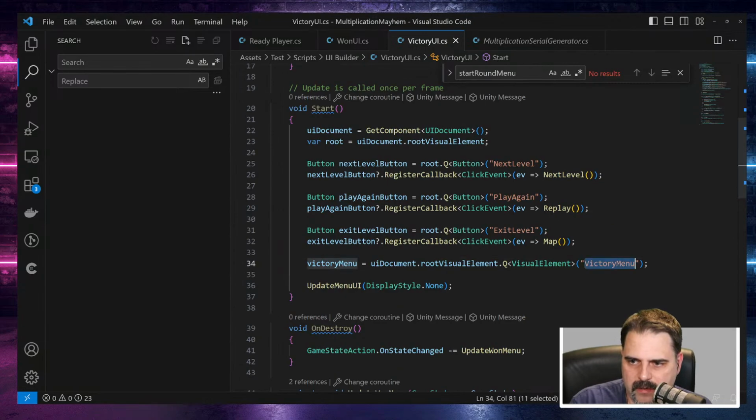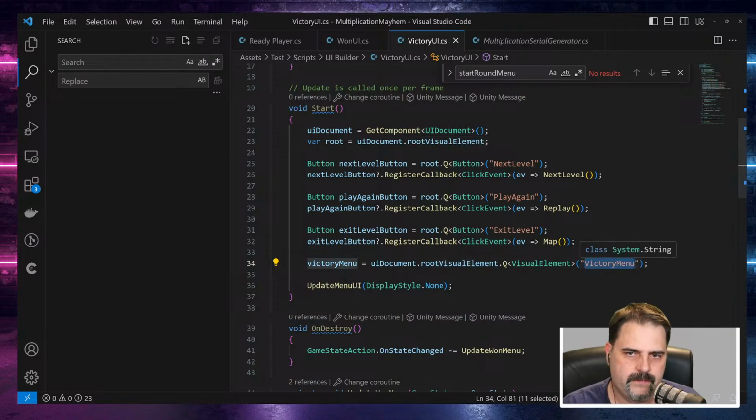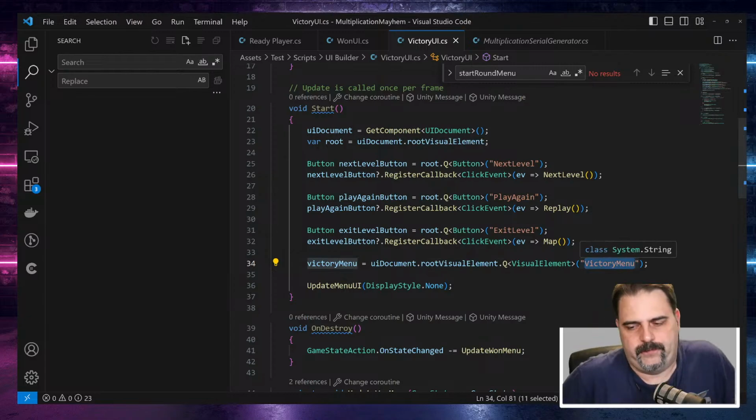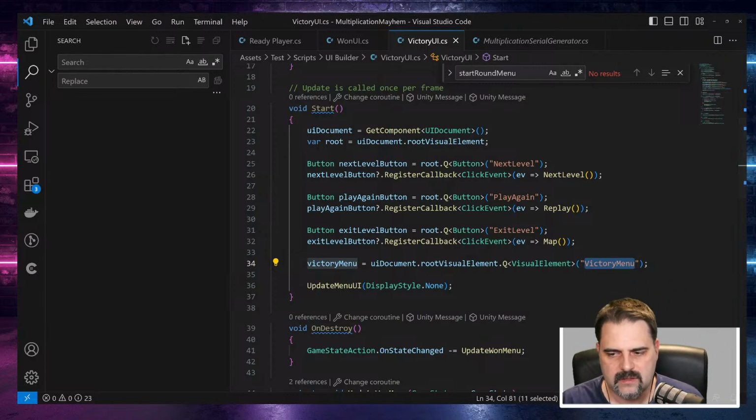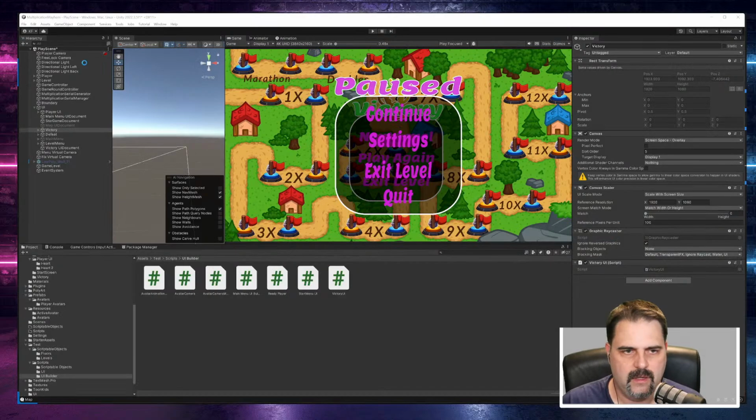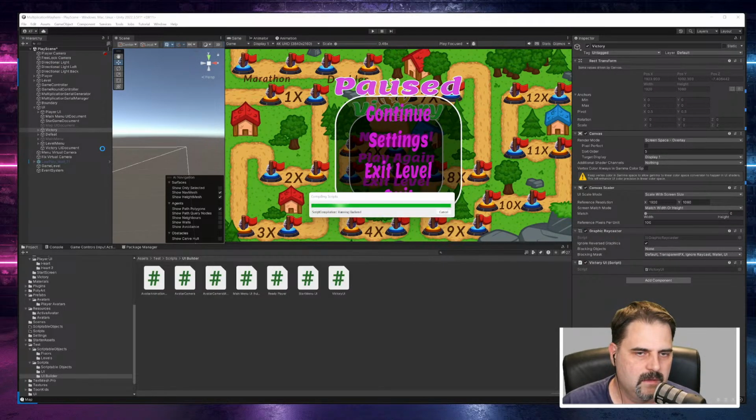Okay, so victory menu. It's a visual element from the root. Or is that the root? That's maybe the root. Okay. Let me try something. That's maybe the root element. Let me try if I